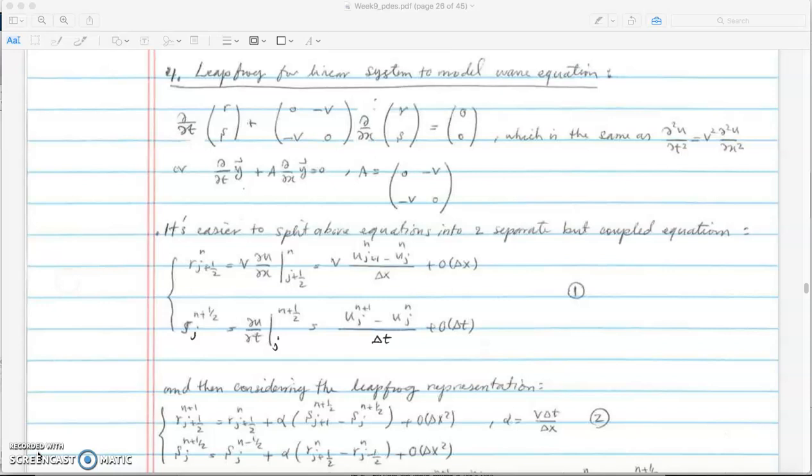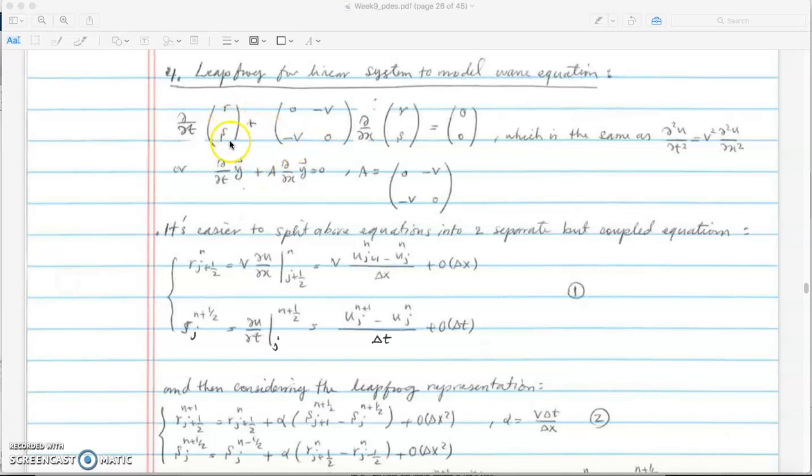So this is the wave equation after we convert it into a system, where we need to deal with three variables, r, s, and u. R by definition is v du dx, and s is du dt, and u is the displacement. So the wave equation originally is based on u. We convert the second order differential equation to a first order system, and we discussed that to solve that we need to